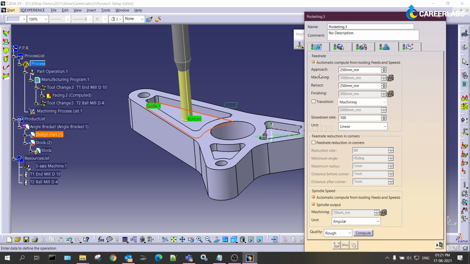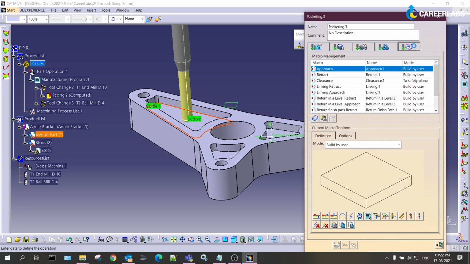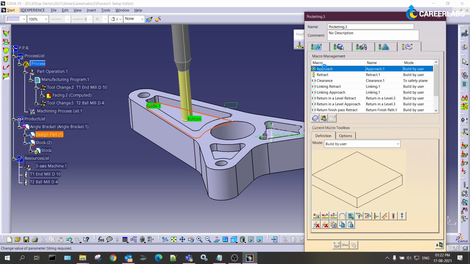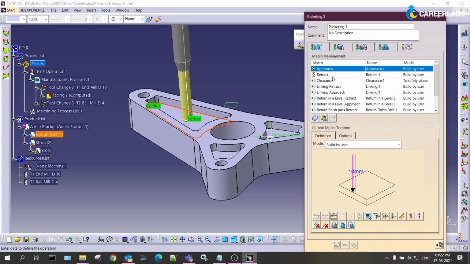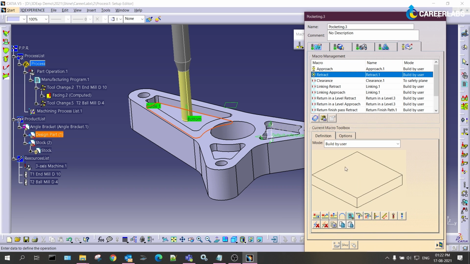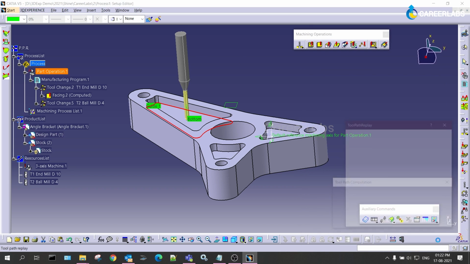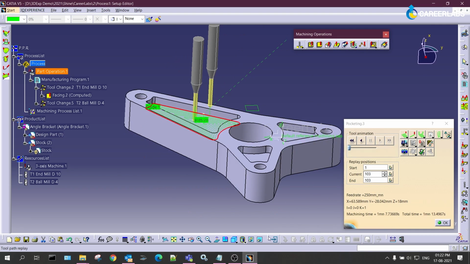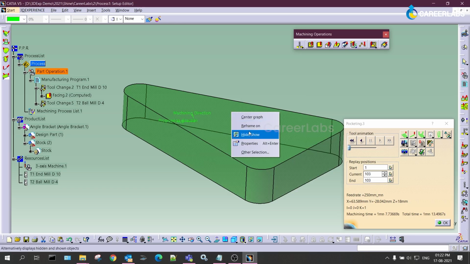As I said, it all depends on the specifications given by the tool service provider, and I will define the approach and retract of it. So approach I am giving as 10 mm and retract as 10 mm. Let me simulate the tool and see how it behaves.